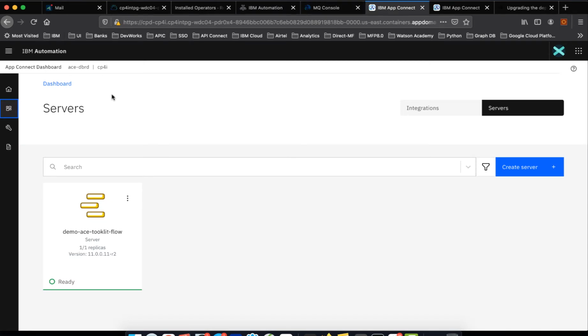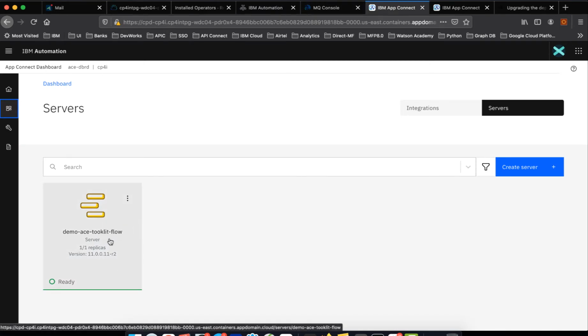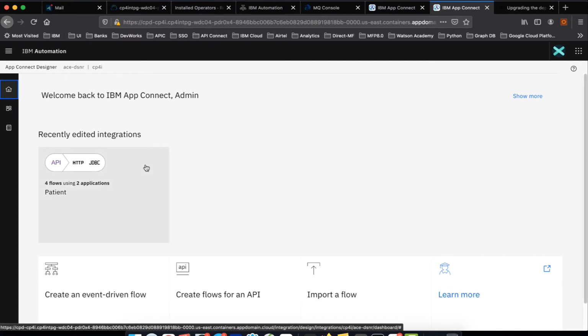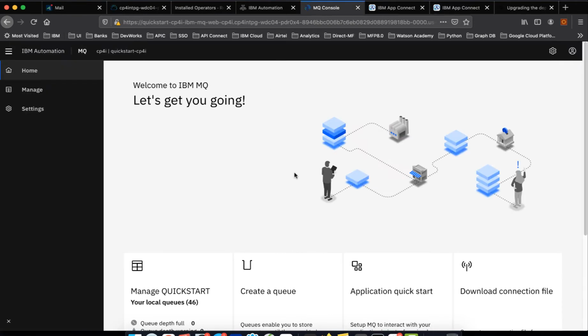If you log into App Connect dashboard, I have some toolkit-based message flows already deployed under integration server, and in the authoring environment I have some simple API-based flows running, and I also have an MQ.